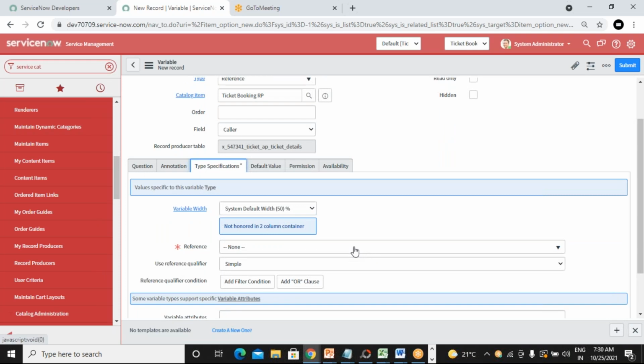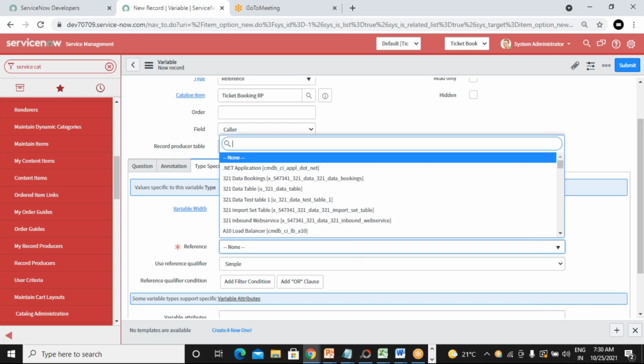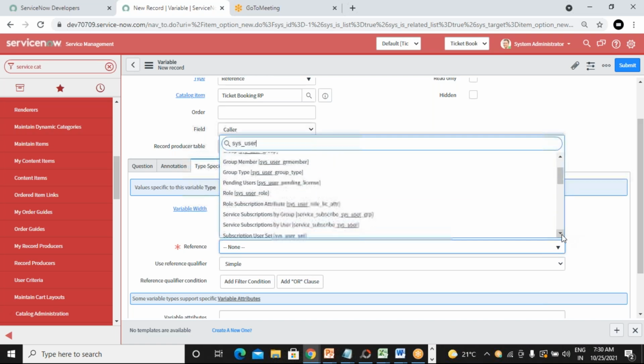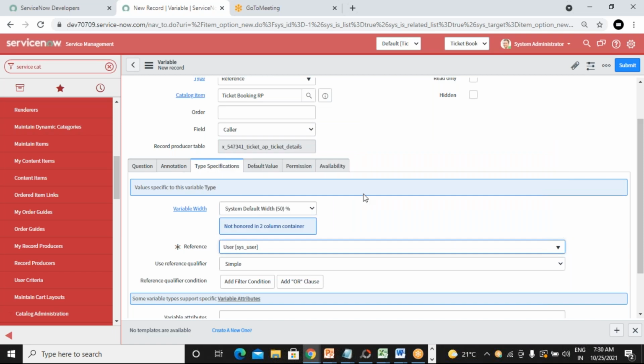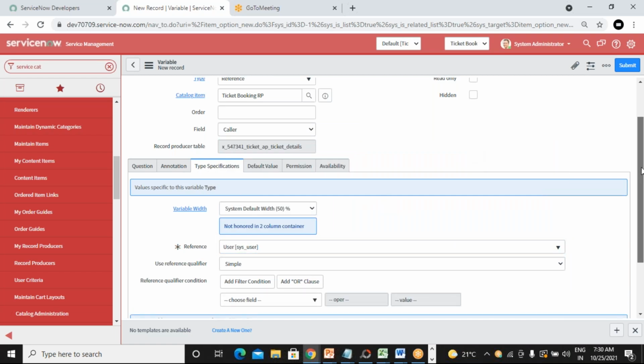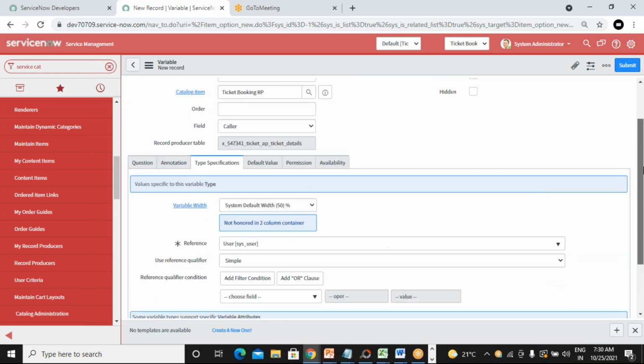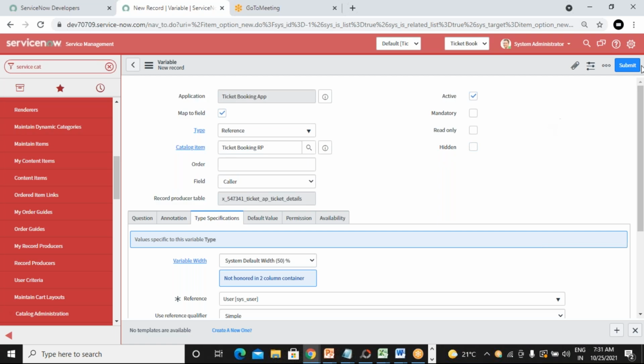So let me navigate to this and configure it: user, and you can say sys_user. Once you're done, click on submit.